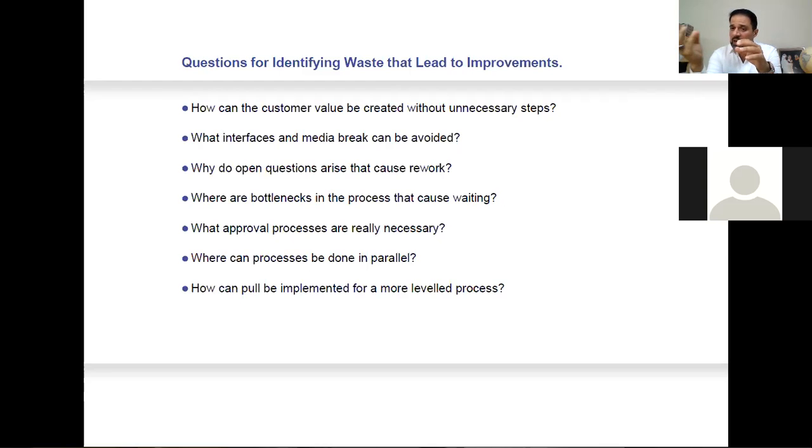So the customer asks for his goods. This is where everything starts. He starts to pull things towards his requirement. We are not saying this is the customer requirement, then we start to push everything towards him, then we